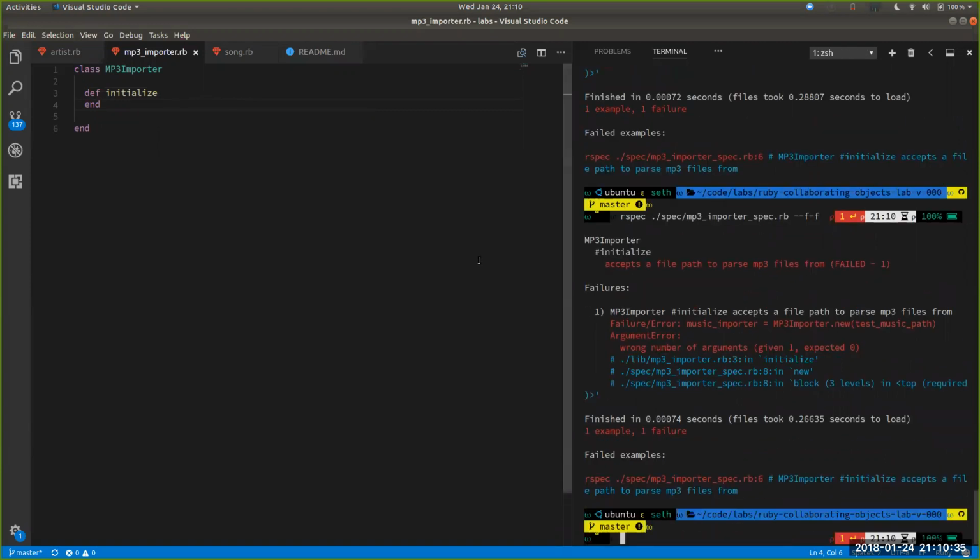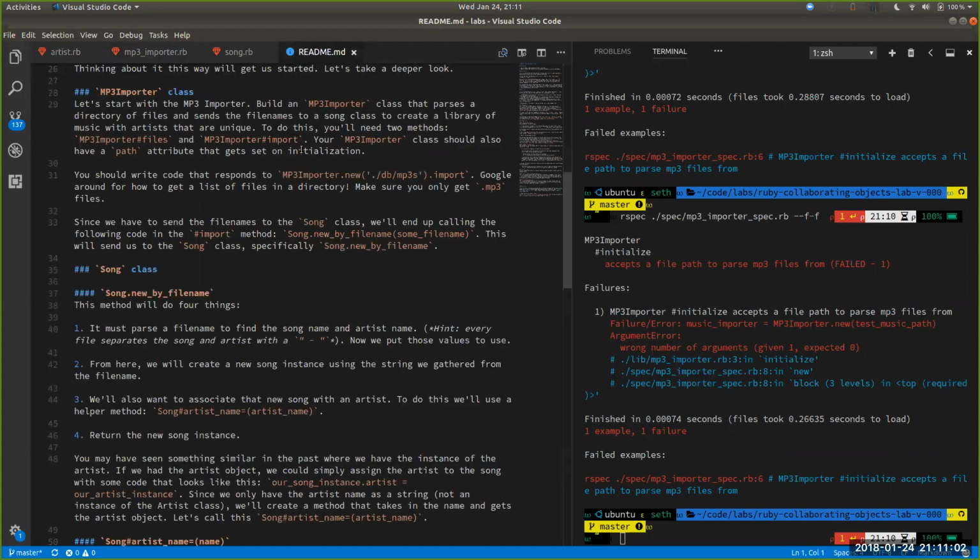Okay, given 1 expected 0 on MP3 new. We're told we're going to call it with a file name, so let's do file name. Let's just say file name equals file name. Or actually, let's call it,